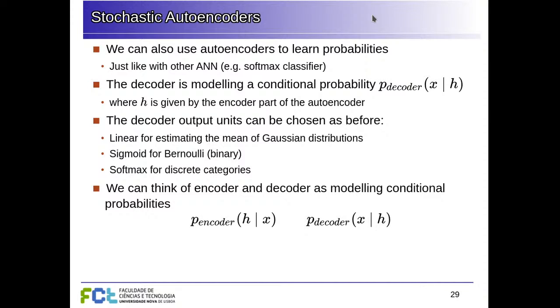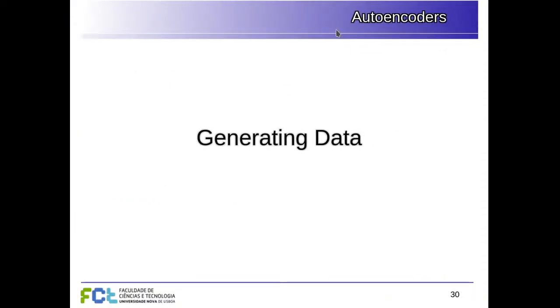This is analogous to what we did, for example, using the sigmoid to model the probability between 0 and 1 when we are using classification between two classes, or the softmax for multi-class classification, or even the linear output in regression, which in effect is an estimate of the mean of that Gaussian distribution that we assume to be the source of the error in our data when we use the minimum squared error function for training. So this is the kind of thing that we've been using so far, but we can use this to generate